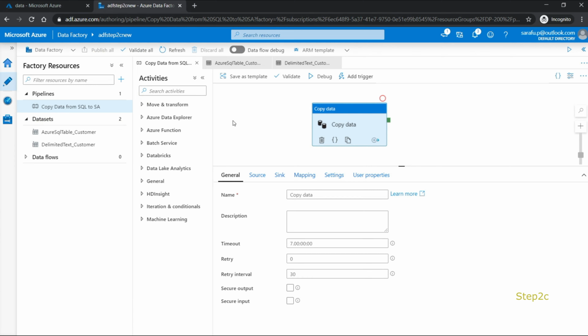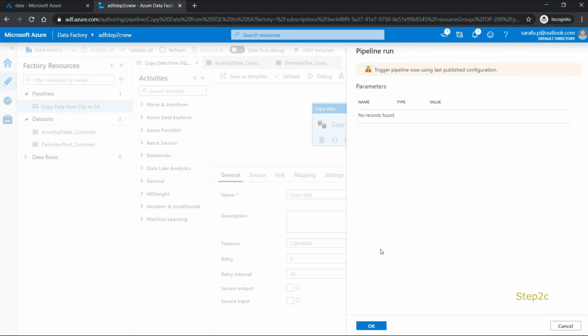So let's execute this workflow. We could either use debug or the add trigger, trigger now option. If you want to create a trigger to execute this workflow at regular intervals, you could use a trigger. If you want to execute it just now, you could use trigger now.